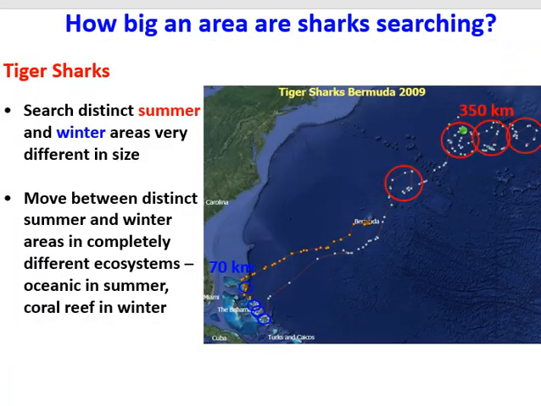Now, if you look at this in terms of the size of the areas that they're searching, there's a huge difference in the size of the area that they're searching. Big areas, 350 kilometers diameter out in the open ocean. About a third of that, a fourth of that, 70 kilometers diameter down in the islands. So there's a big difference in the size of the area that's being searched. And you could answer the question as to why that is, because there's a lot more energy in a coral reef ecosystem than the open ocean. So they have to search a big area out in the open ocean